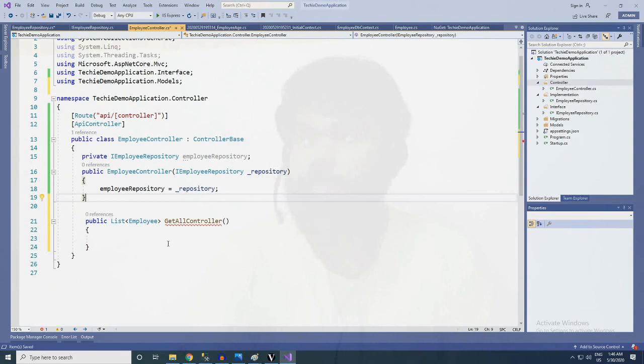Let me give you an example: if you need to add or sign up a user, and the user has added every possible field, and they will be sending JSON data as employee, and we need to save that to the database, that will be considered a post call. For a get call, it doesn't need any input, but what it gives as a response is a list of employees.